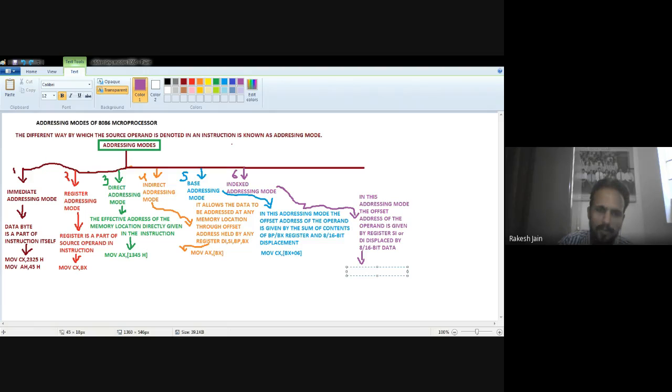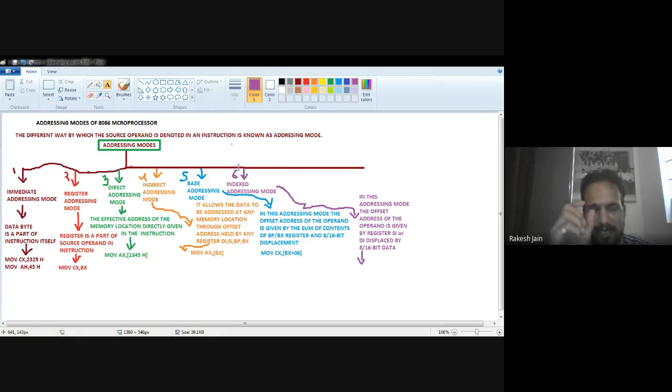Just add the base register content with the index register content, and that will behave as the address of the operand. As the name implies, it contains both base and index, so the content of the base register and the content of the index register are added to each other, and the result behaves as the address of the operand. That is known as base index addressing.